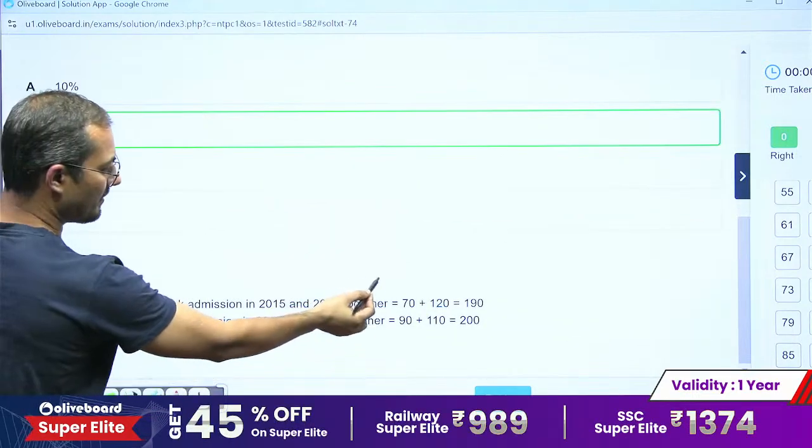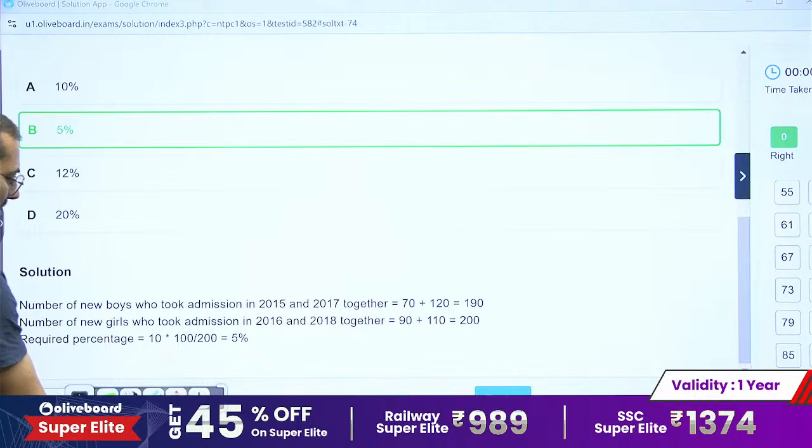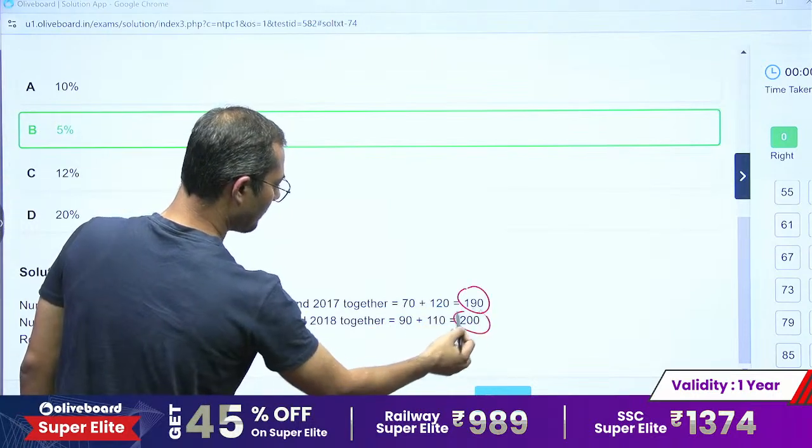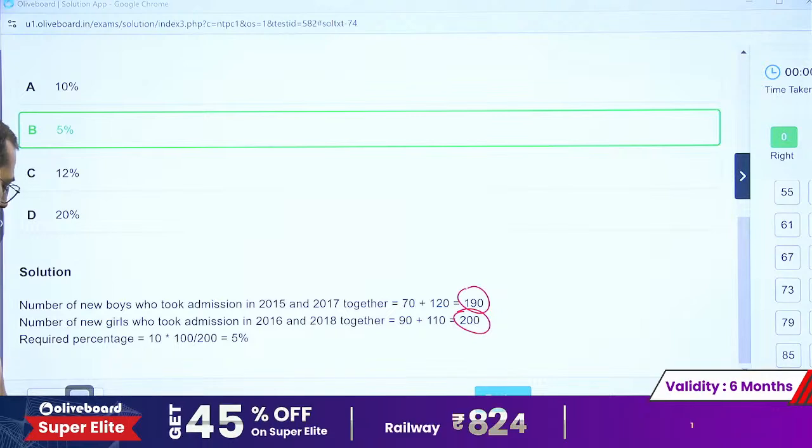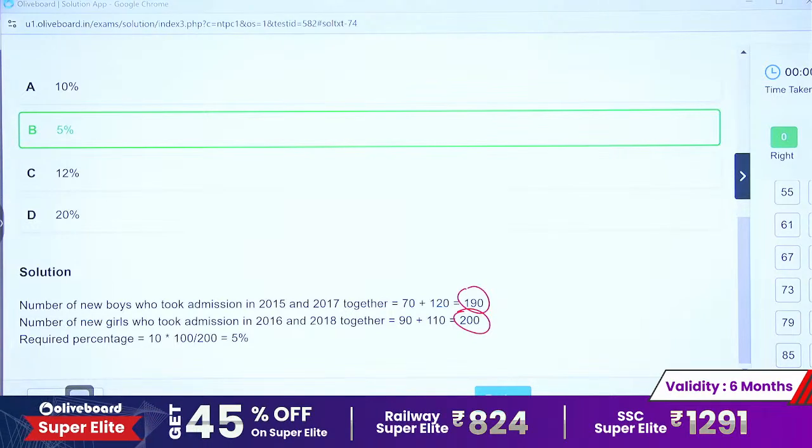Simple. 70 plus 20, and this is the simple percentage question, right? 190 and 200. So 10% of 200, right? So it is equal to 5%, right? So moving forward,